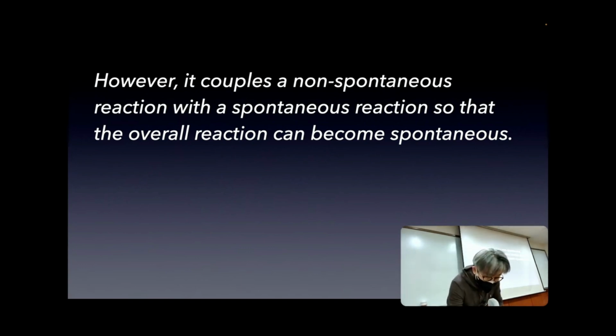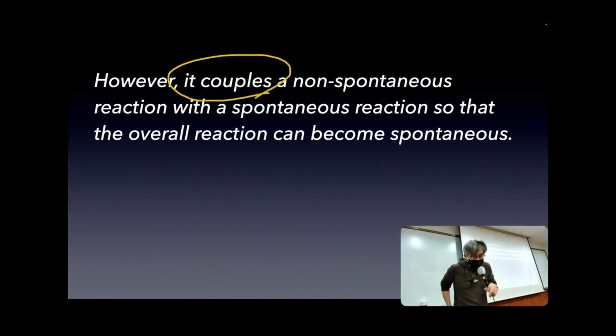It's called energy coupling. The enzyme acts as a kind of matchmaker, a pickup. So the enzyme sees, oh, this is a non-spontaneous reaction. Oh, poor guy. This reaction cannot occur by itself. So how am I able to make this reaction happen? Somehow I can provide the energy. But how, exactly? Providing energy itself is a very vague concept. Exactly how practically you provide energy needs some more concrete